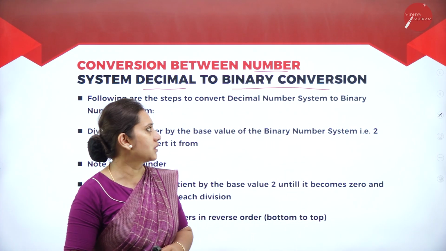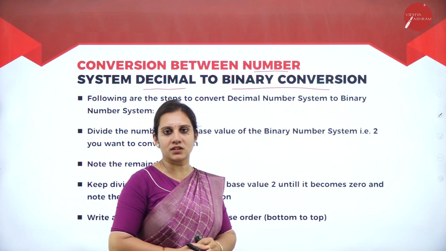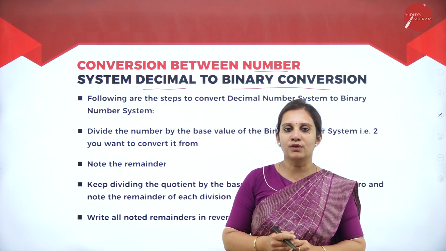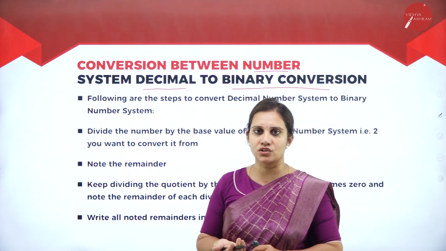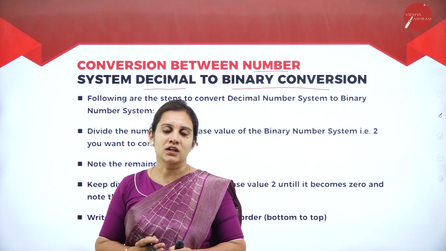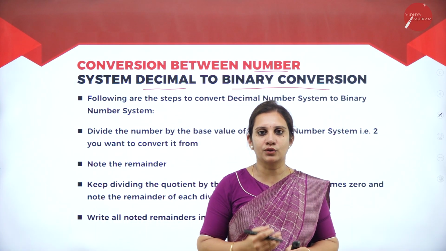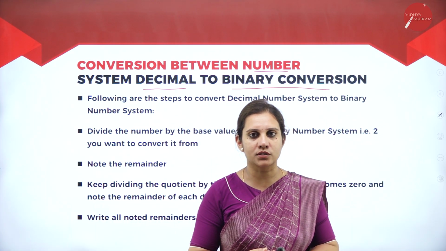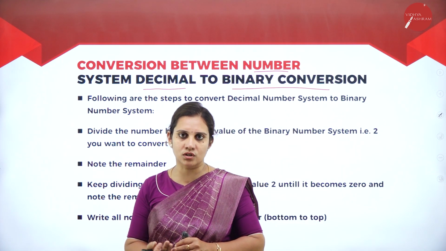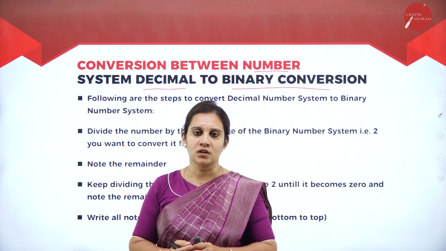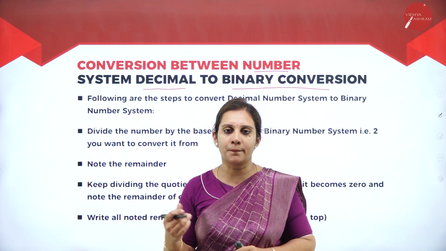The conversion of the number system, that is from decimal to binary conversion. What are the steps we need to keep in mind before going for the conversion? Conversion is of two types. We divide, and we also multiply to get the equivalent form. That is, we have two methods, what we call division and multiplication. How to do division and multiplication, I'll be explaining in my upcoming slides.